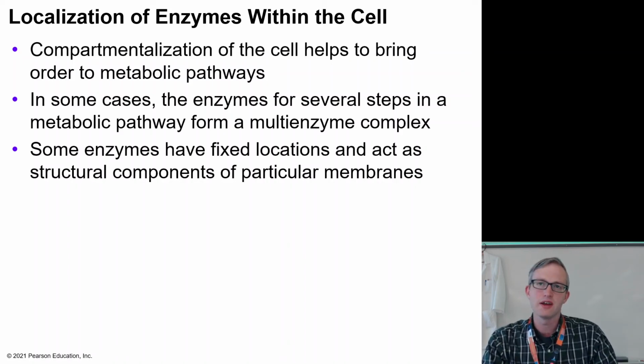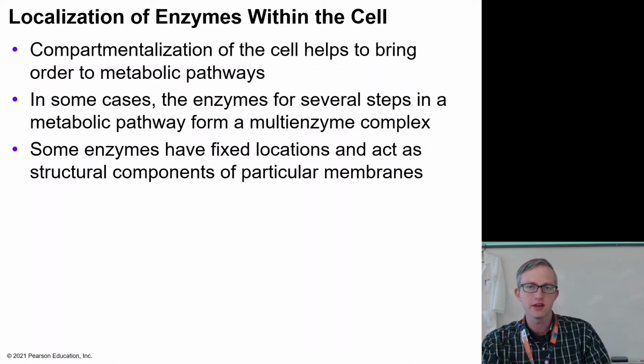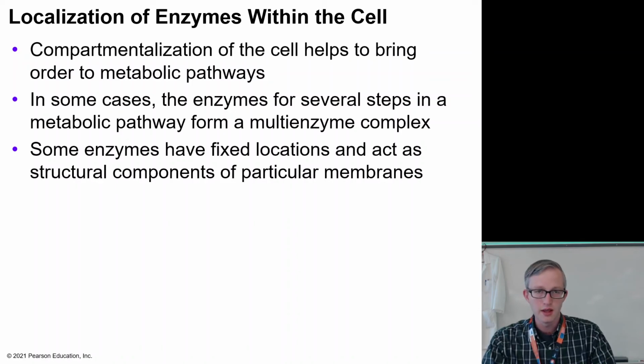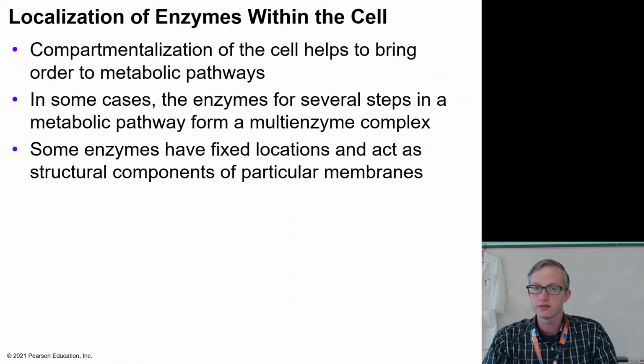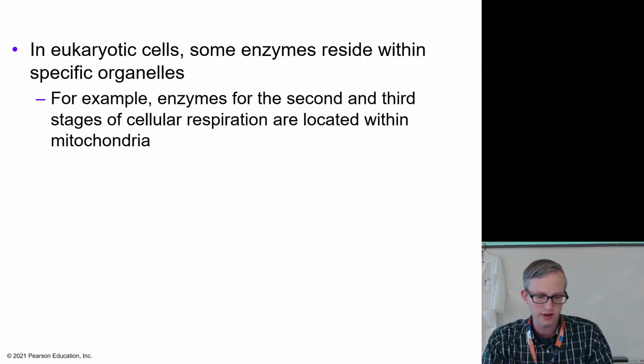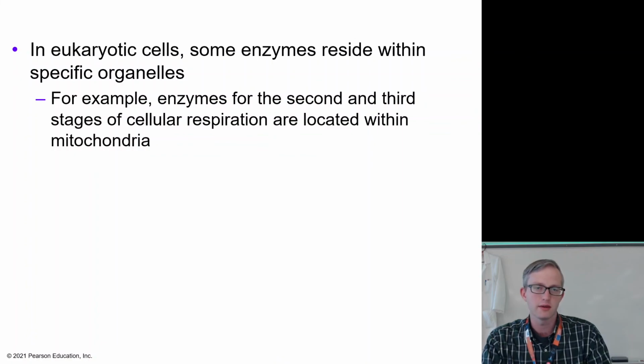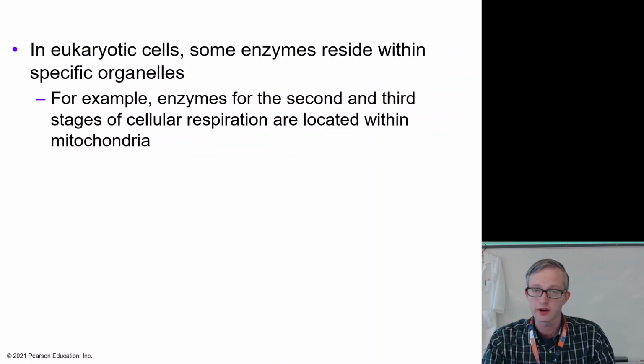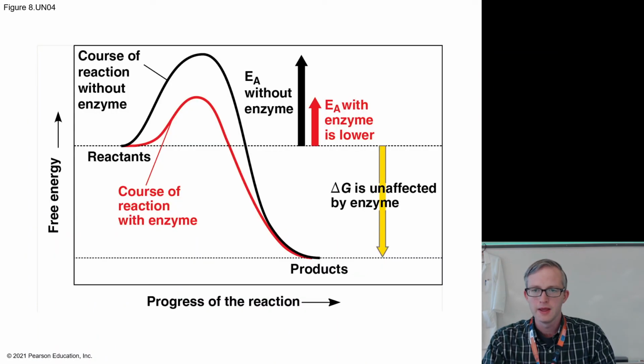Compartmentalization of the cell helps a lot with sequestering certain enzymes in certain places. So you can have something like the lysosome that breaks down everything inside of the cell because it's full of these crazy digestive enzymes, but that's contained, and therefore we have some control over how and when that is exposed to things that we might want to break down, but not be exposed to things we don't want to break down. In eukaryotic cells, we see this a lot with different organelles that are housing specific enzymes. Lysosome's an example, but then also like in the mitochondria or the chloroplast as well. It's an entirely different ecosystem for them.